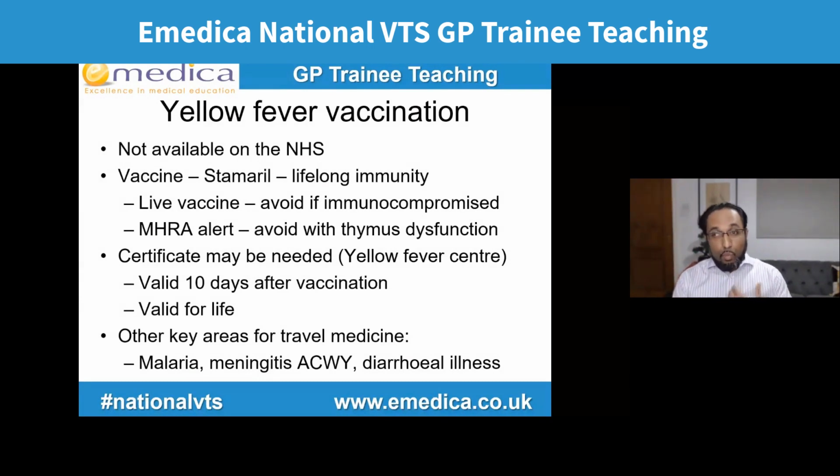There's only one vaccine licensed in the UK. It's called Stamaril. It gives lifelong immunity. It is a live vaccine, so you should avoid it in someone who's immunocompromised. And a recent MHRA alert highlighted that patients with thymus dysfunction can have a fatal reaction to this, so it